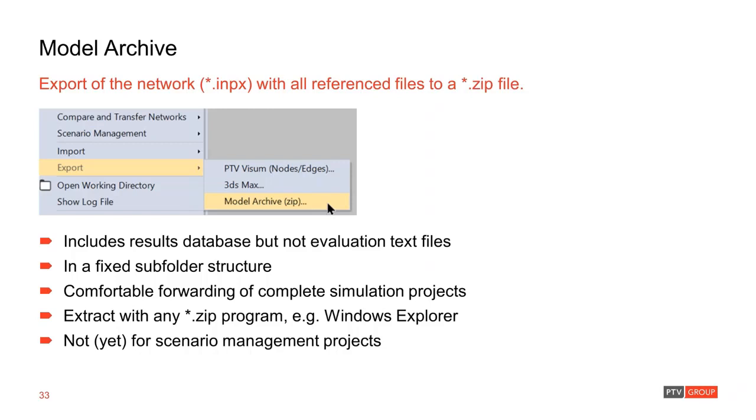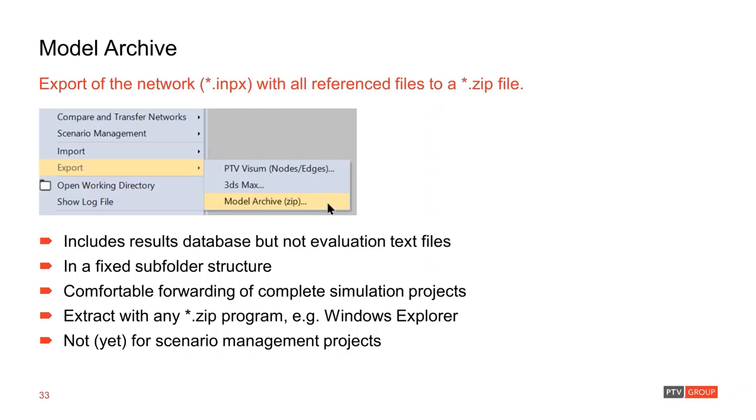And now there's an option to do that automatically, and that's in the File Export menu. There's now the new option to export it as a model archive, and that is then a zip